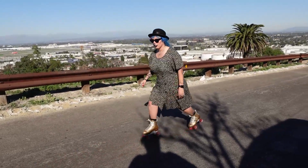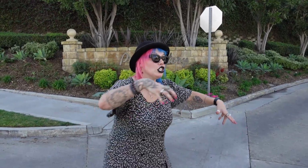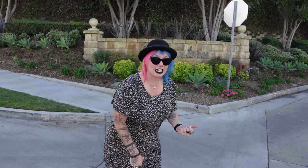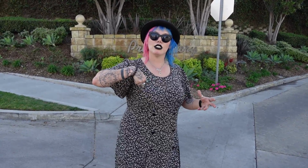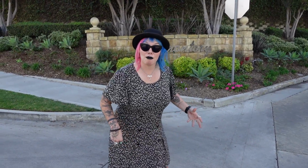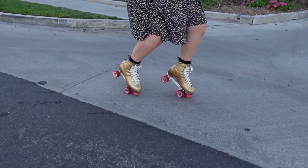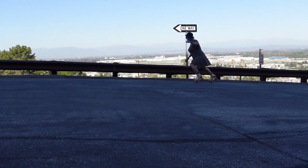So before you try this, you definitely wanna check and make sure that your toe stops are in there super, super tight. So really make sure your toe stops are tight, and then when we go down the hill, we're gonna use that toe stop, push it in. If we feel like we're going too slow, we're gonna ease up on the weight that we're putting in that toe stop, and if we feel like we're going too fast, we're gonna put more weight in it to slow us down. And if you need to completely stop at the end, then you can just put that second toe stop up, and then you're in that lunge position, your knees are really bent,